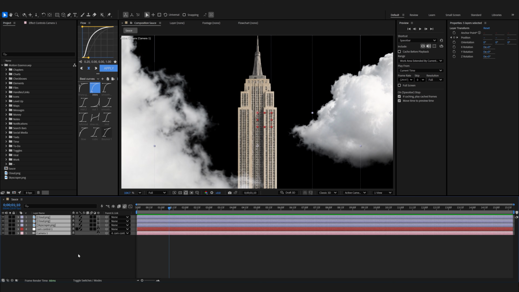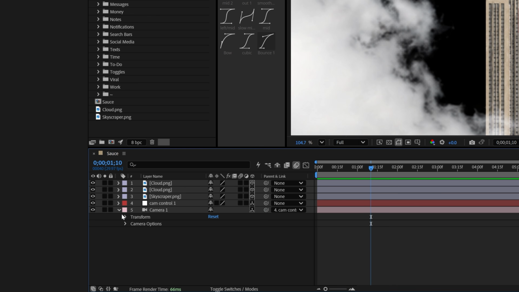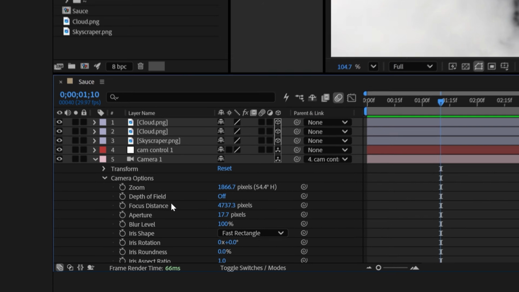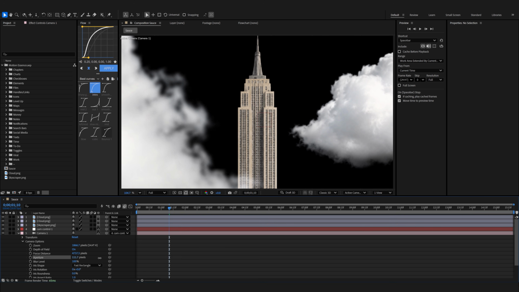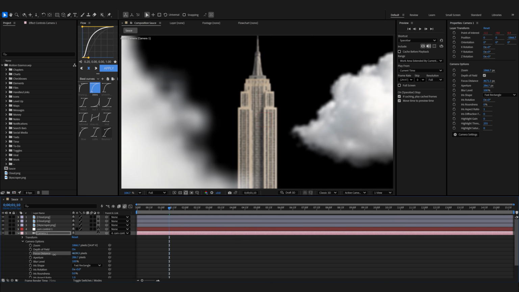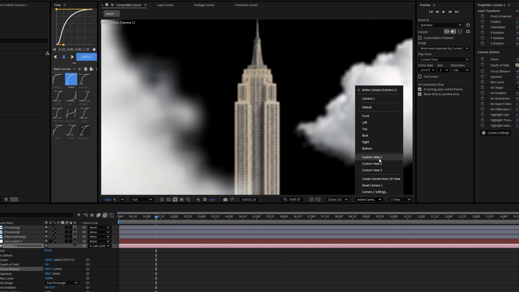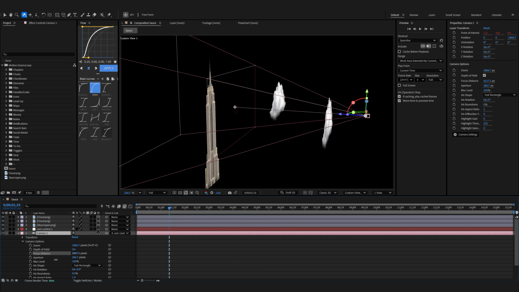And then another thing you could do is just add depth of field. So I'm gonna open up camera options and I'm gonna enable depth of field over here. And then if you bump up the aperture, things are gonna become blurry. So now anything that has focus distance set on it is gonna be sharp. So if I go over to the custom view 1, so if I start playing around with the focus distance,